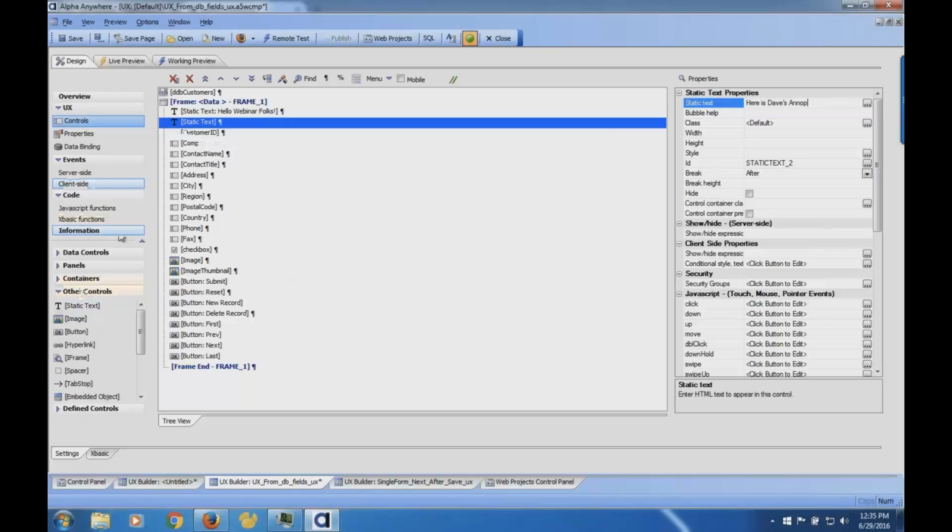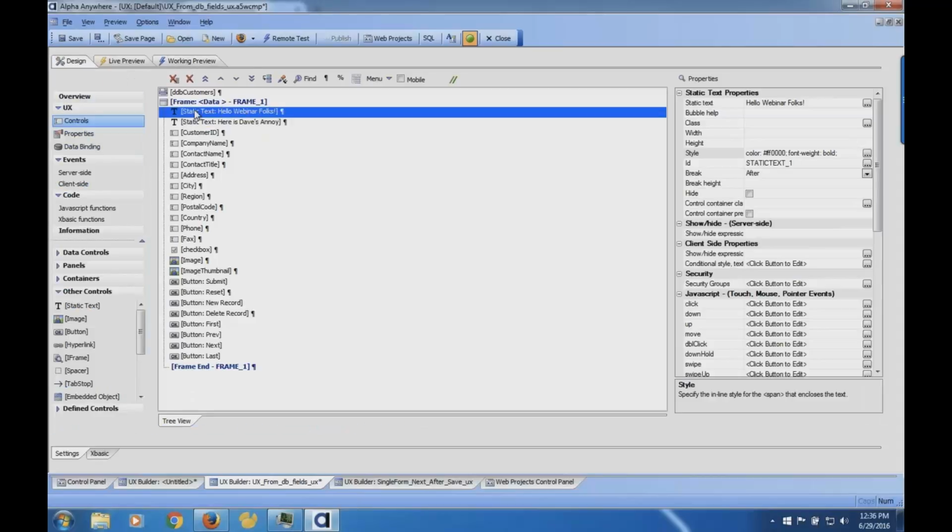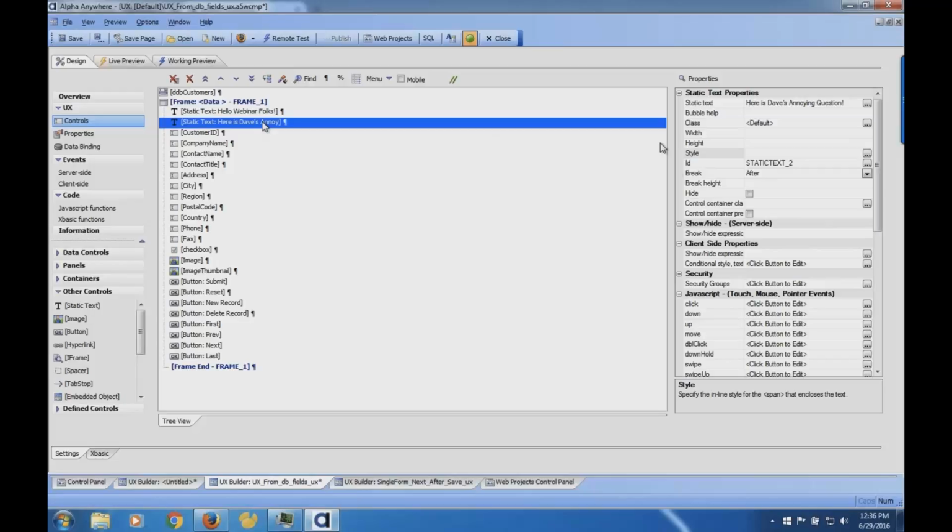Here you go. Now notice when I created that, it set the default style to be there and no style management. So now if I go to working preview, it's using the defaulted style. So what I can do is click on my original source text, click on style here, and you'll notice up here there's a little button, like an eyedropper. I can paste the current property value here.